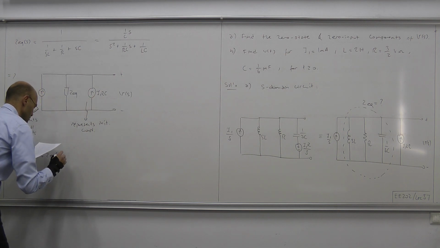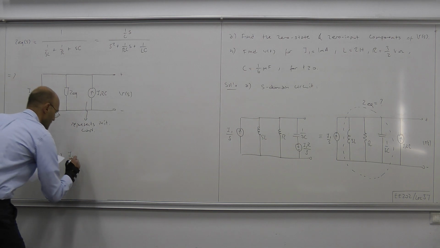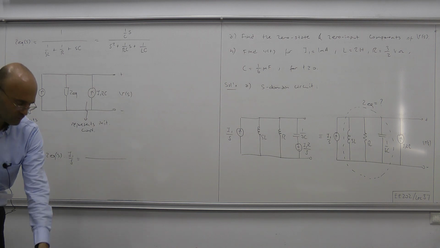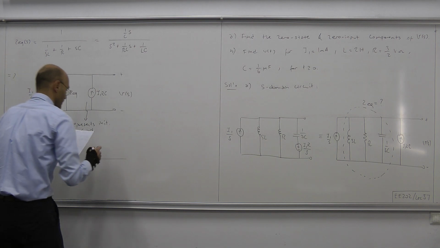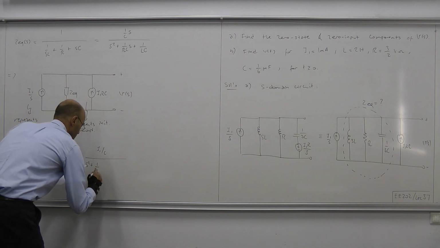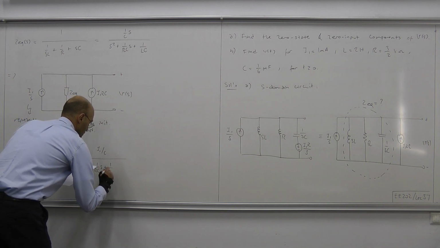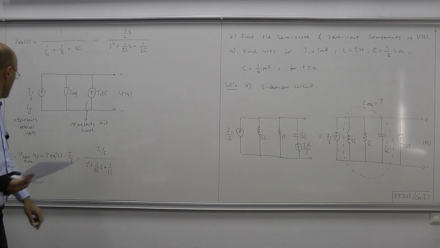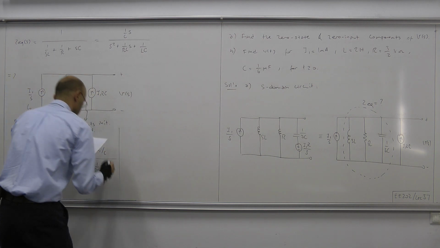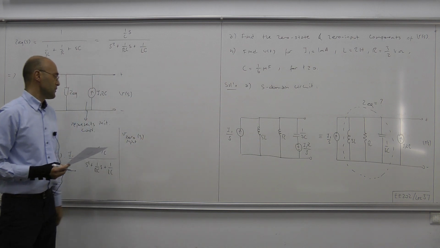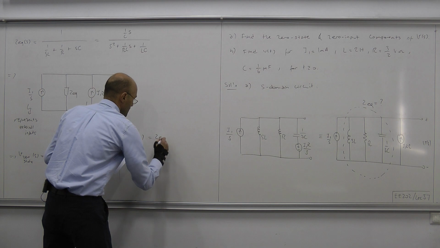So what we have is Z equivalent times I1 over S, and that reads I1 over C times S squared plus 1 over RCS plus 1 over LC. Okay, so let me squeeze here also the zero input response. The zero input response is Z equivalent